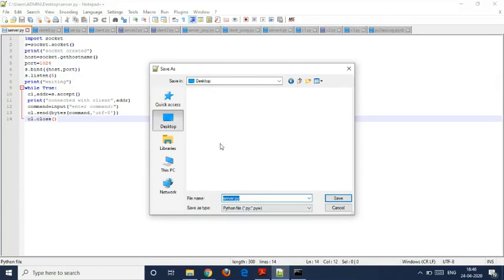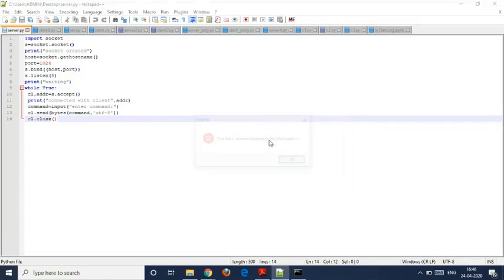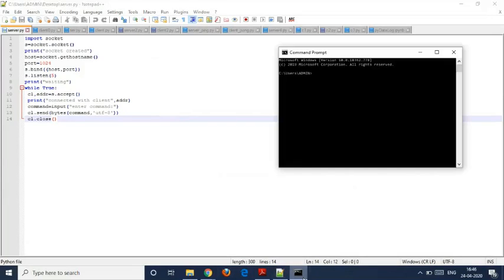So I have saved this program as server.py on the desktop. Okay. After that, we have opened the command prompt. We'll go to the same location where we have saved the program, that is cd desktop.